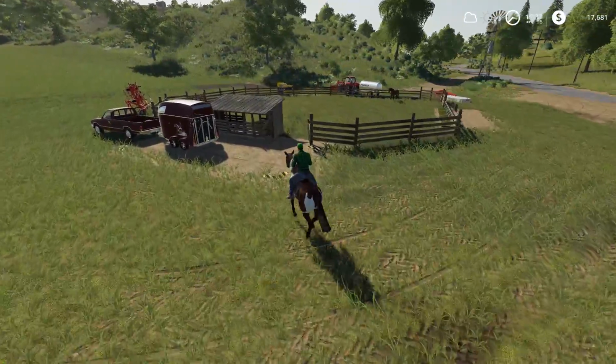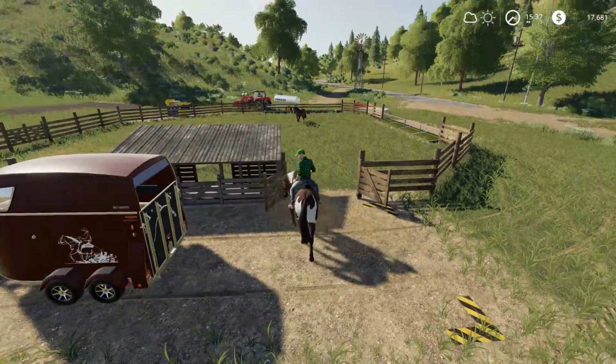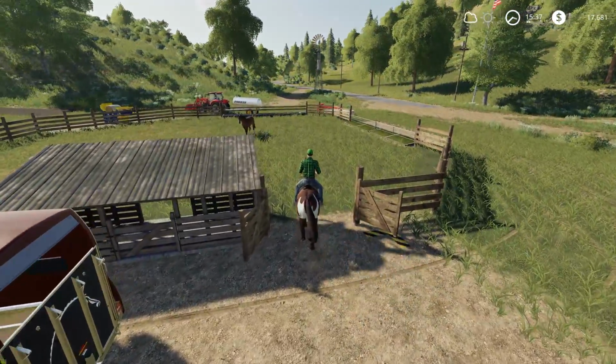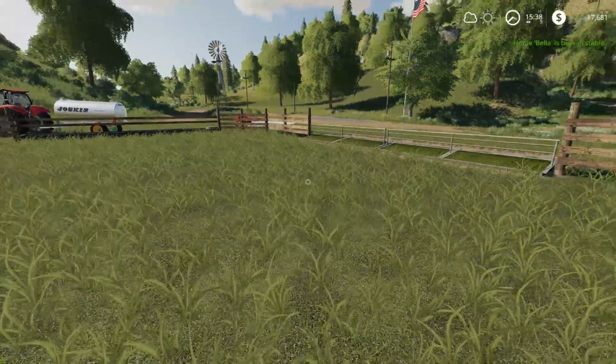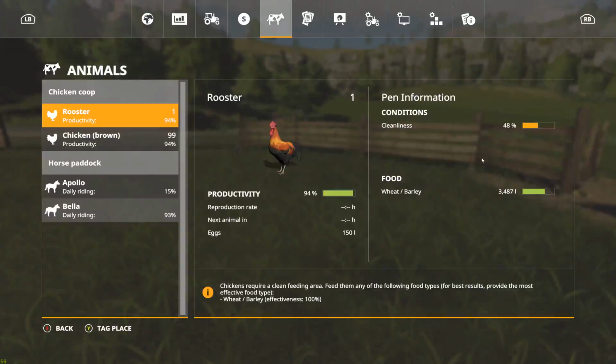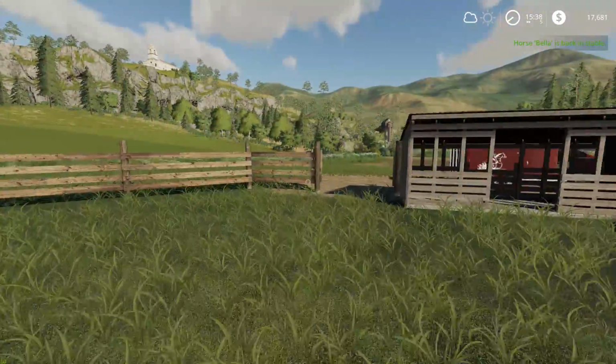So we'll get this one back in the paddock. Okay, yeah, you don't like going over things too close. So stop Bella and check the daily riding rate. 93%, so that loop wasn't far off being the full 100%,